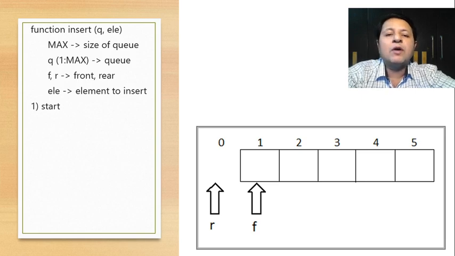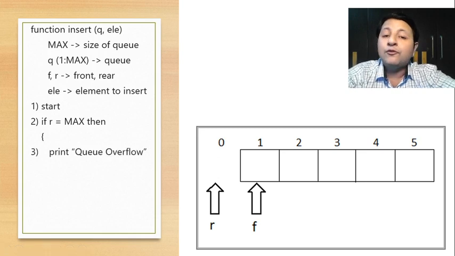Now, before insert, we obviously have to check whether the queue is full or not. Now you can see, if at all I keep on inserting, as you will soon understand that while inserting we will increment R. So if at all I keep on inserting and incrementing R, my R can finally go up to max. So max will be the last position where my R could go up to. And that's the reason the condition for queue overflow would be R equal to max. So if R is equal to max, I will say it is queue full, and because I am into insert, I will declare queue overflow error and straight away return.